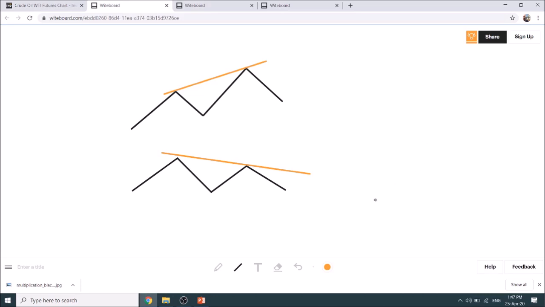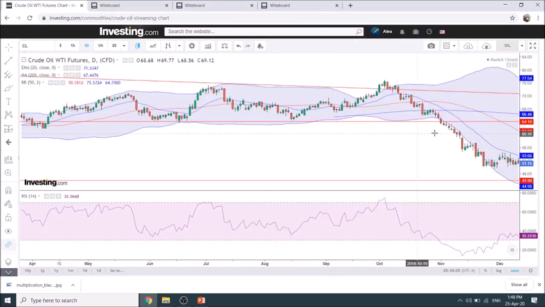Of course you have the opposite when the price is going down, and then you see the bullish divergence, when basically the RSI is not making a new lower low and instead is making a higher low. So that's the theory. What it means on the chart, so I'm going to look at crude oil, for example,